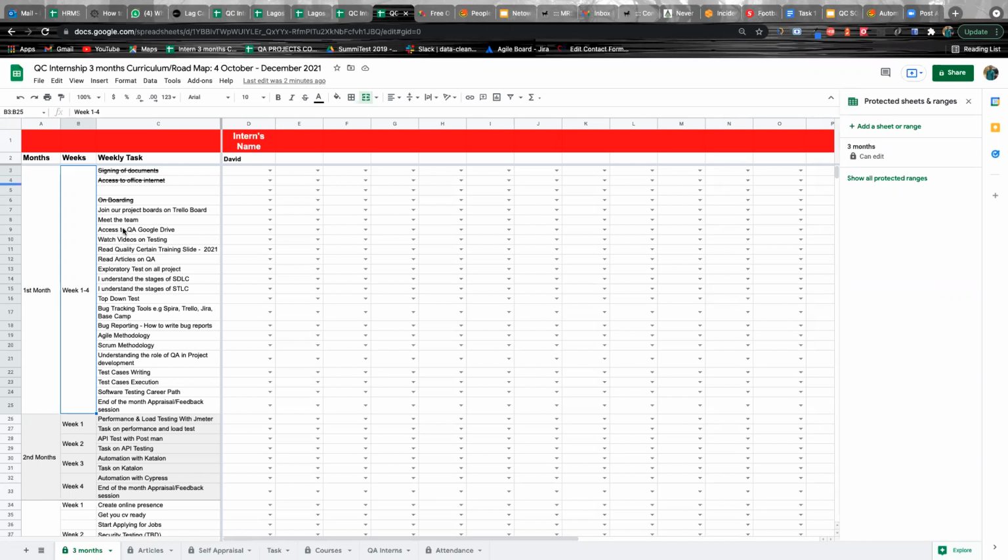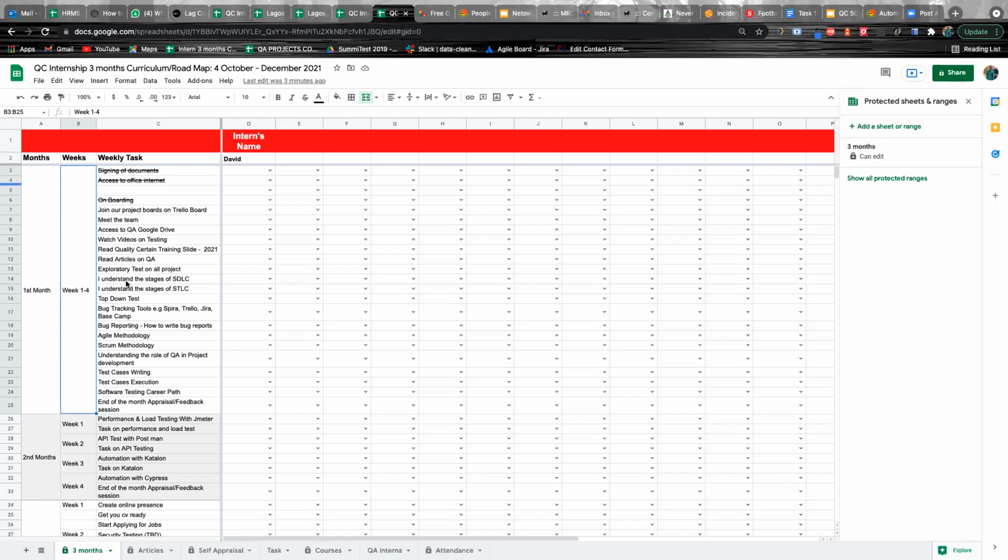Then access to the QA drive, which is what I'm going to be doing right now. Then watch videos on testing, which the links are embedded in this sheet. Then read articles on QA. Next is exploratory testing on all projects, which will be done when we are done with the internship program.